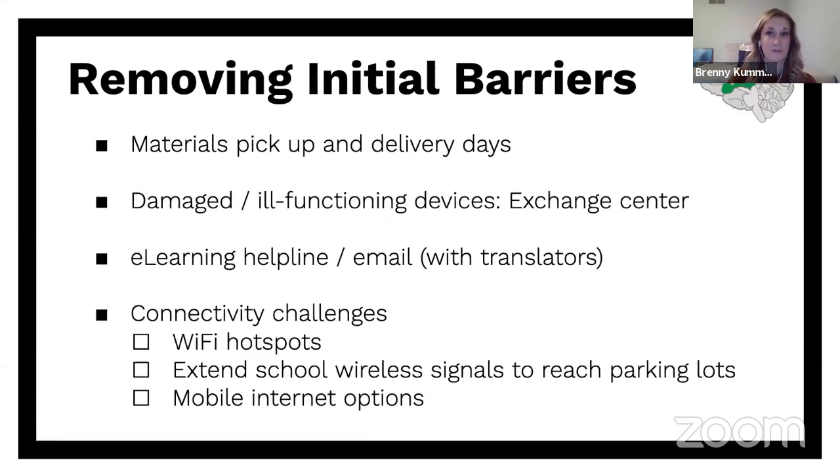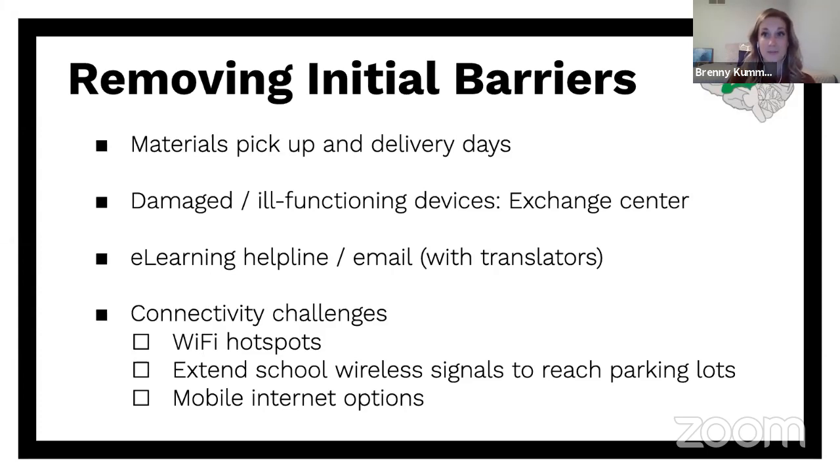So right off the bat, before we could even focus on all of those different pieces within our lessons, it was key for us to identify some initial barriers to engagement that are going to cause problems if we don't address them right away. Materials pickup was one of them. We knew that right before we went on spring break for a week, after that we were going to have e-learning days. Initially, it was only going to be for 2 weeks. That has definitely changed since then. We're out for the rest of the school year.